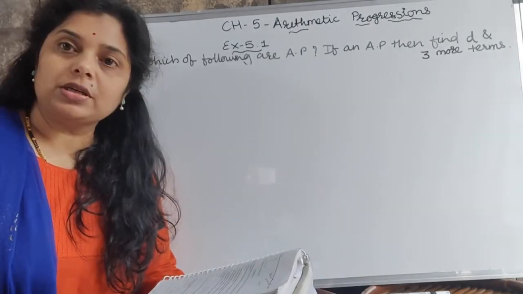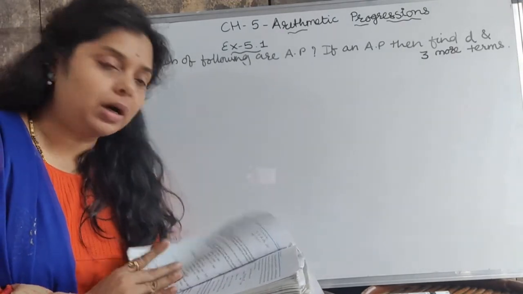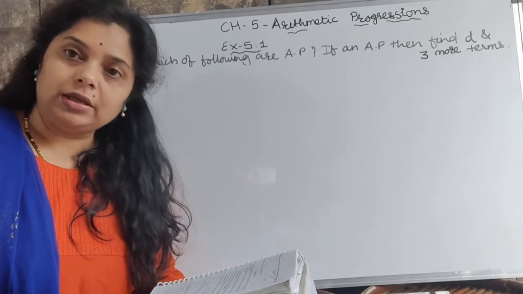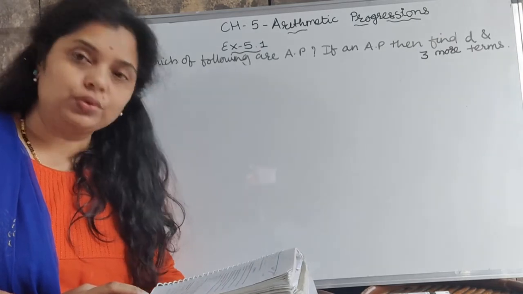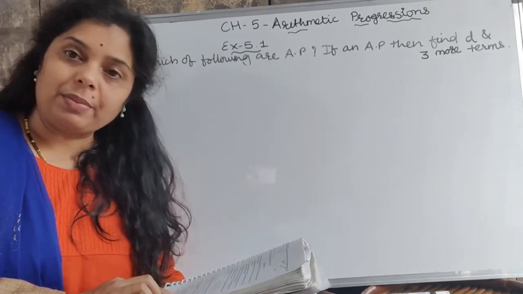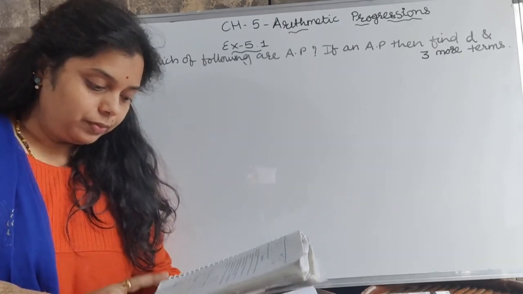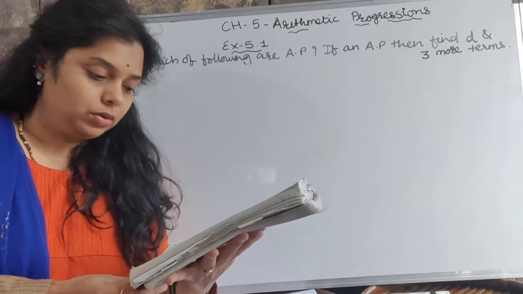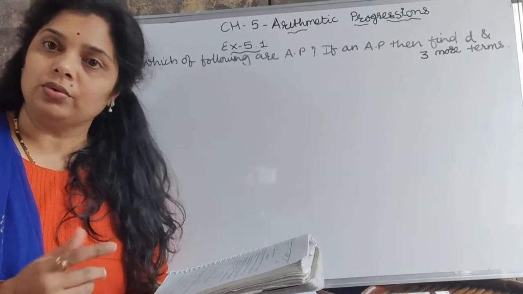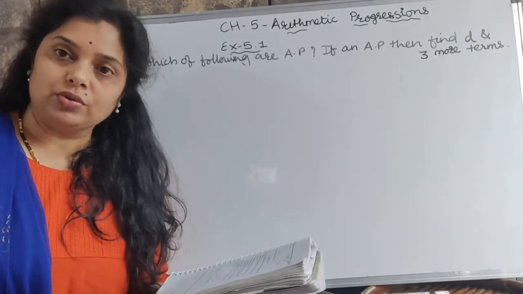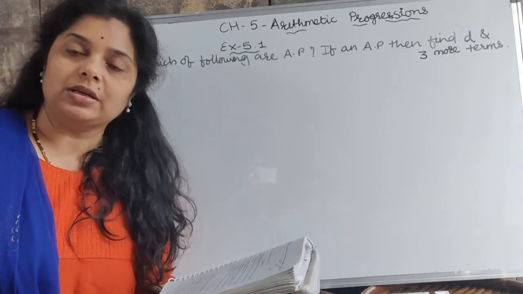Now we are going to discuss the next 4 sums, 7, 8, 9 and 10. As all 4 sums are so easy, I don't think I should do the calculation and make you understand. We can just do the discussion for it. 0, minus 4, minus 8, minus 12, and so on. So if you do the subtraction to get the common difference: A2 minus A1, minus 4 minus 0, minus 4. A3 minus A2, minus 8 minus plus 4, again minus 4. So in short, minus 4 is the common difference.